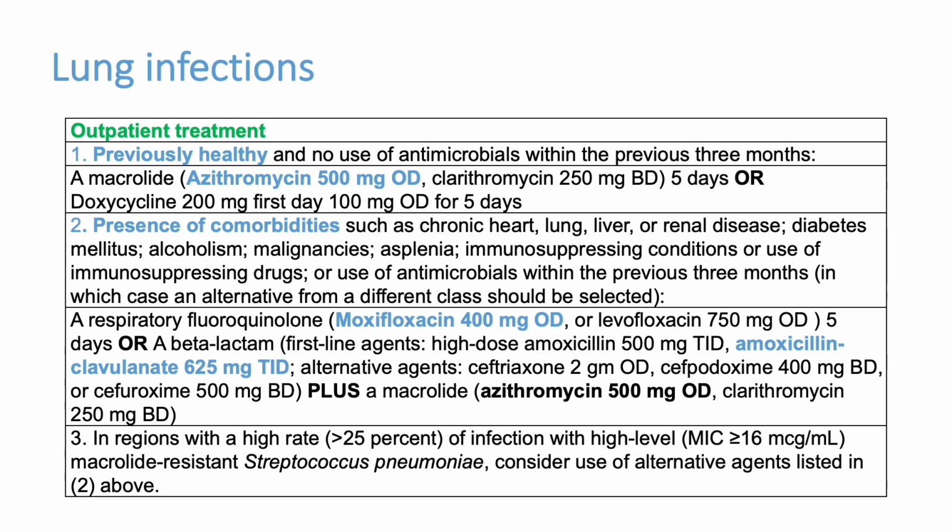Moxifloxacin and levofloxacin are respiratory quinolones, whereas ciprofloxacin, ofloxacin, norfloxacin are also quinolones, but they act below the diaphragm. They are the drug of choice in infection below the diaphragm. Above the diaphragm, better select moxifloxacin or levofloxacin. Alternatives are amoxicillin clavulanic acid, that is Augmentin, 625 mg TID, 5 to 7 days can be given. Some physicians add azithromycin also because it may cover atypical organisms.